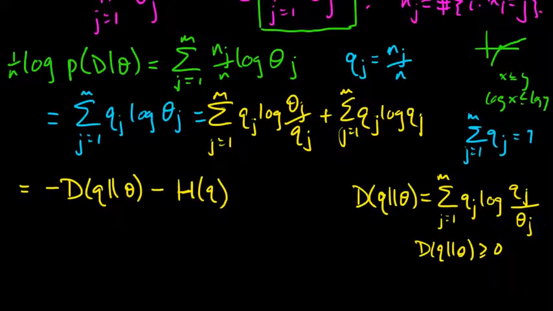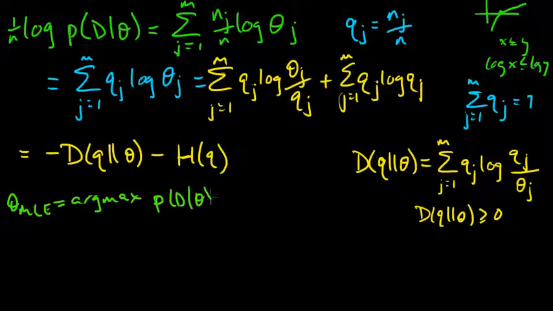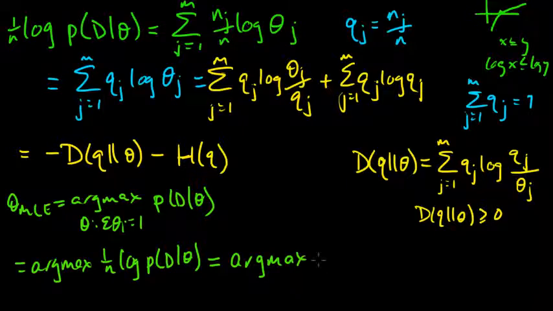Okay. So let's start to write it out here. So the argmax, let's see. Theta MLE was the argmax of the probability of our data given theta such that the sum of the thetas is 1. That was equal to the argmax of this thing, 1 over n log probability of the data given theta. And this equals argmax of this guy, because that's equal to that, but